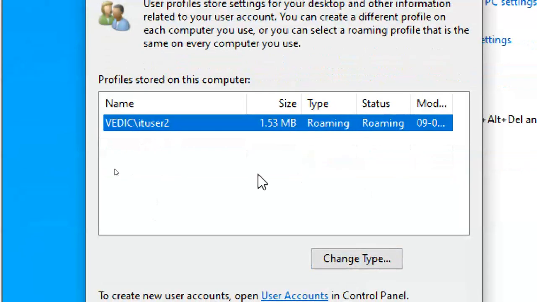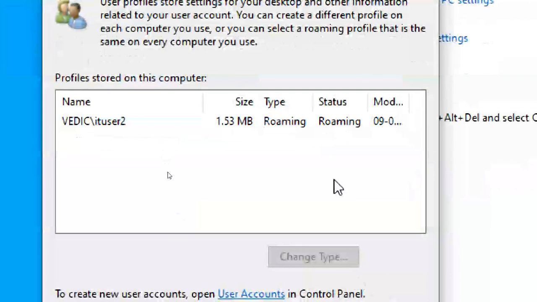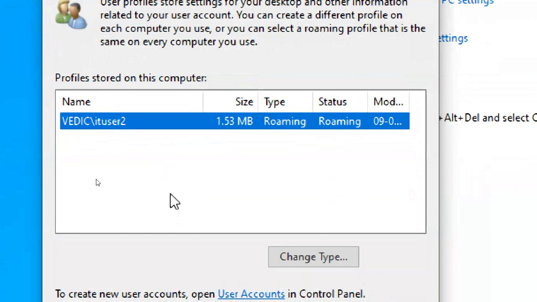Roaming means your profile data is roaming. This user is a roaming user. If you observe my last practical, IT user 1 was local, meaning a local profile user. Roaming means 100% roaming user. Guys, when you do this practical, if you don't get local, roaming, temporary like that, it means there is a mistake. So better to create a new fresh user without logging in with that one, and give the proper permissions.